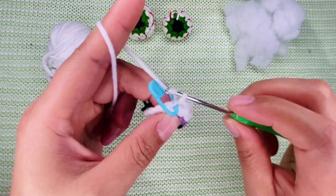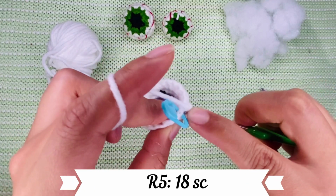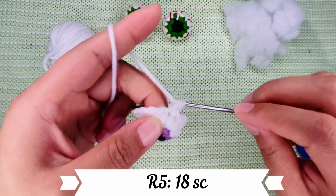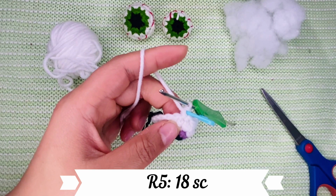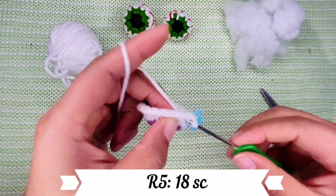and then chain 1. Now start on the fifth round, same thing, doing 18 singles, one single into every stitch, one single. We can move the marker onto the first stitch of the fifth round, and then keep going into the next stitch, 2,